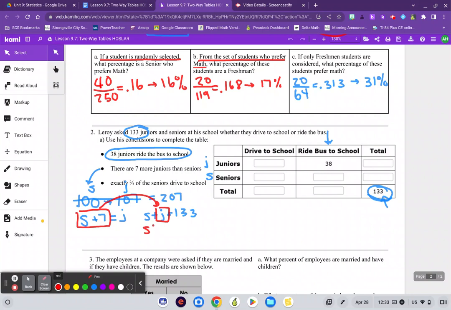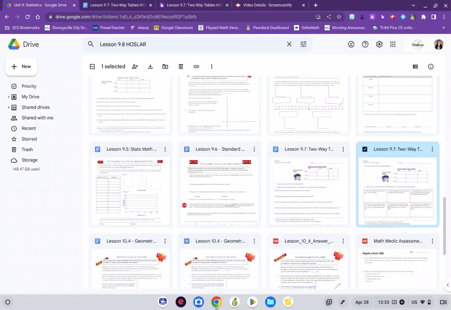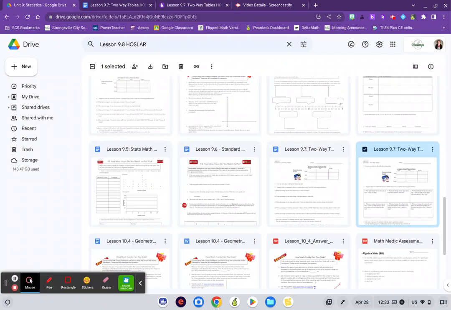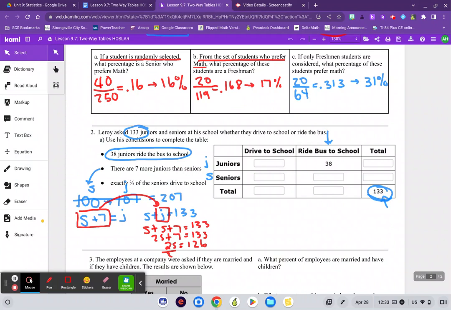So I really have s plus juniors, which is seniors plus 7 more, equals 133. And then I can actually just start solving this equation, right? I have two s's. I'm going to subtract 7 from both sides. So 2 s's is equal to 126. And if I divide by 2 on both sides, I'm going to get that there